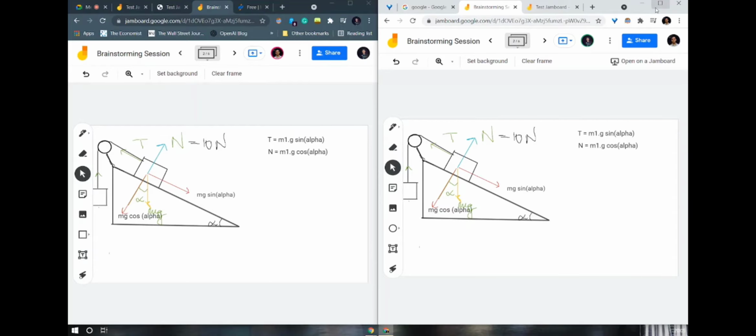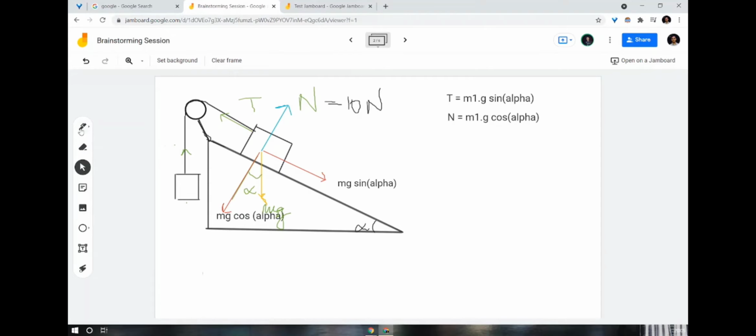Another way is basically labeling diagrams. Here we are seeing a free body diagram, which is a very common thing in mechanics and physics, where the students, given a diagram, can basically label the diagram, put some relevant text in it, and again the changes made by the student would be seen by the other students. So this is again a very fun interactive way to get the students involved in your teaching, especially given that now everything is online, this makes the whole writing on the blackboard and calling the students near the blackboard to write or to make changes virtual.